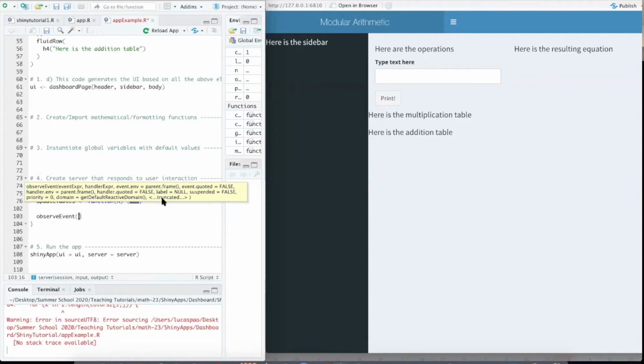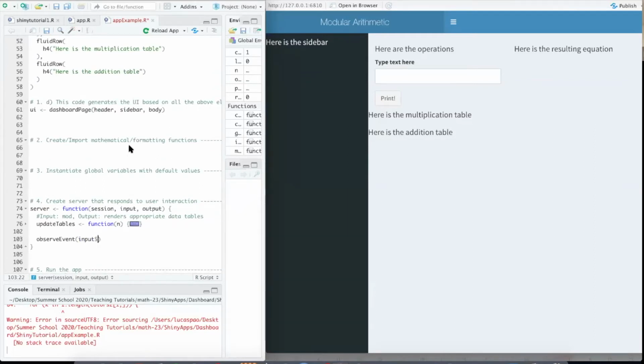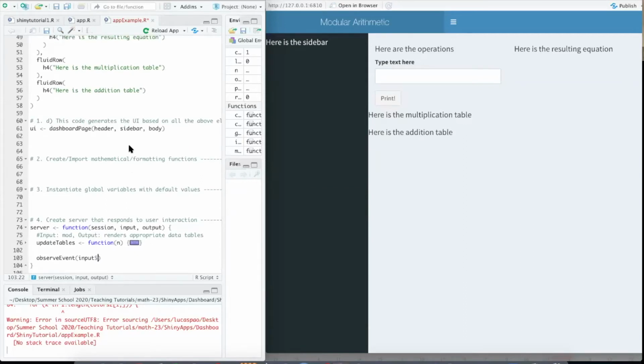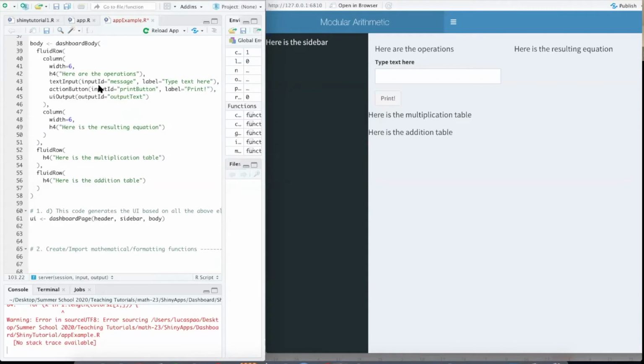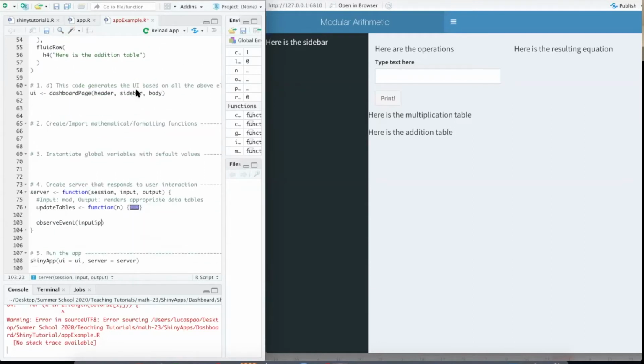So first you put what is actually changing. So when we click the button, we want to say input the button. This is where the ID comes in, right? There's lots of buttons, so we tag them by IDs. So we call this button print button. So now we pass in print button